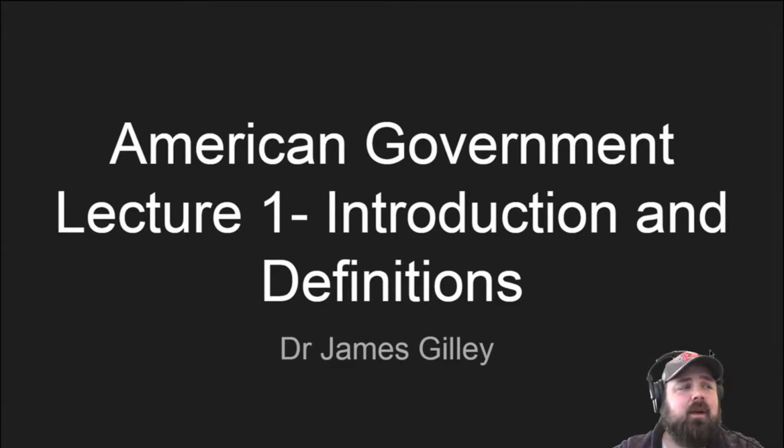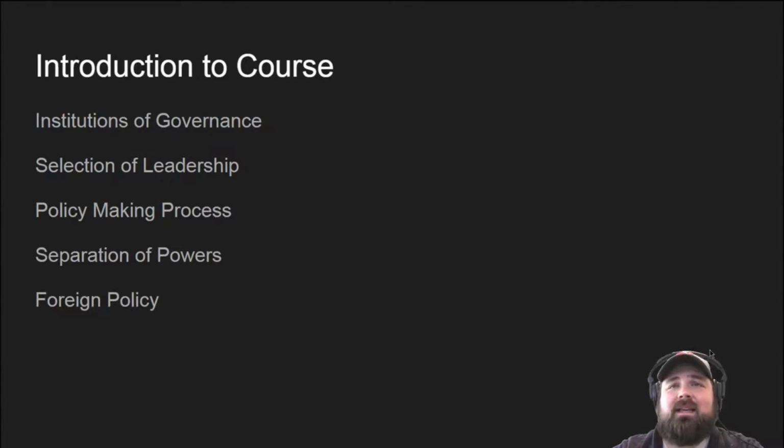So let's go ahead and dive right in. The first thing I want to do is give you a brief overview of what we're going to be doing in this class. This class is a very basic introduction to American politics. Now, my background is comparative politics, so we're going to be looking at America almost as if it's an example of a comparative course. We're going to be looking at the unique history and culture that have created our American institutions. The things we're going to be focusing on in this course are the institutions of governance, how we actually built the institutions that govern our country.